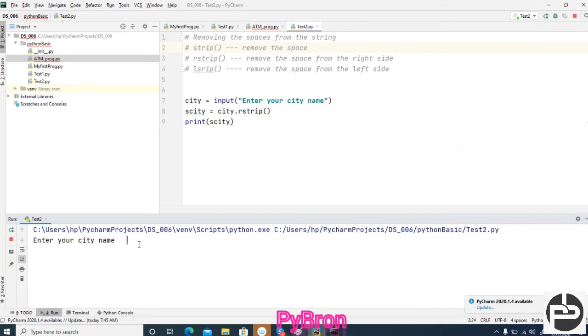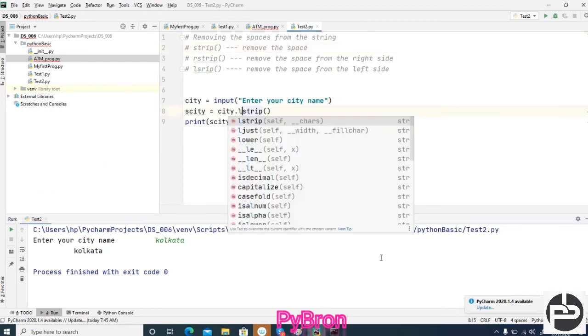So what I'm going to do, I'm just making here Kolkata, and I'm again putting some space, and let's see, can you see this? Right side space got removed, but left side space not removed.